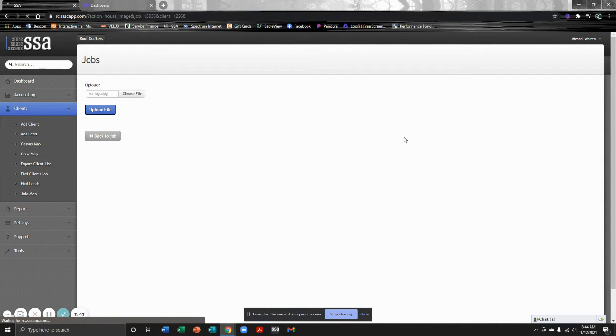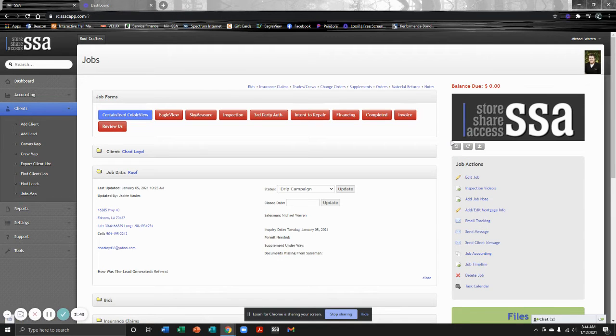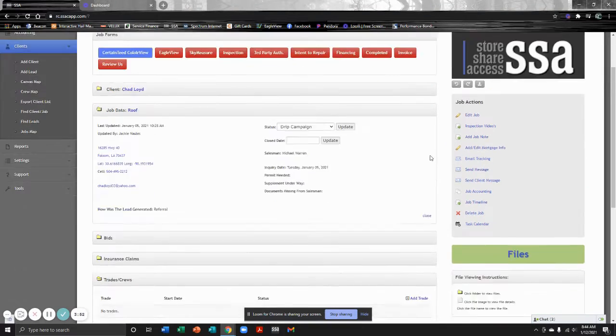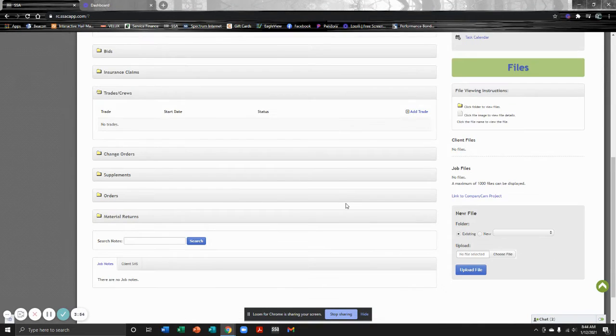I'm just going to do that. Okay, so choose file and upload, and your picture will now be there. So every time you open up this file, you'll have a picture that you've uploaded there. Okay. All right, now if you want to upload files, all you need to do is scroll down to